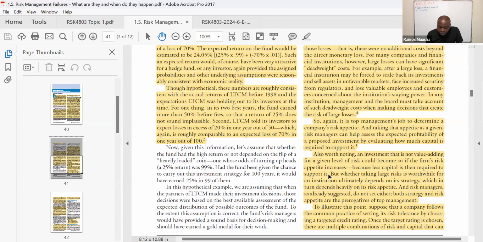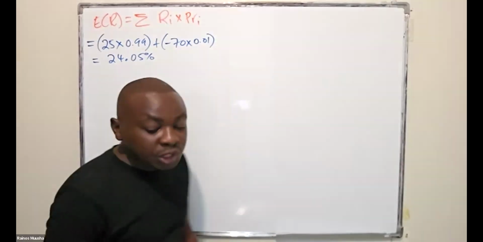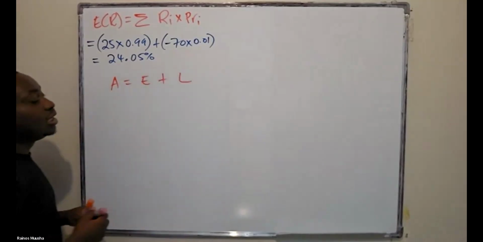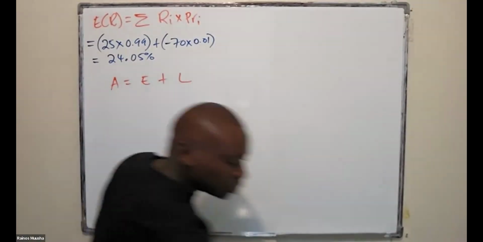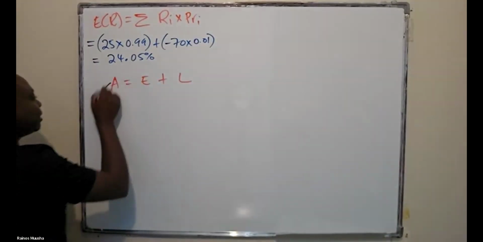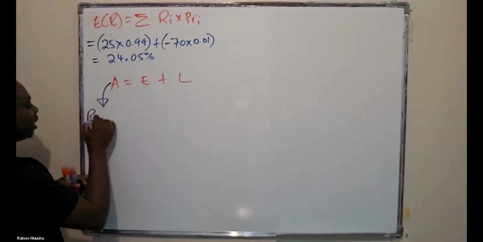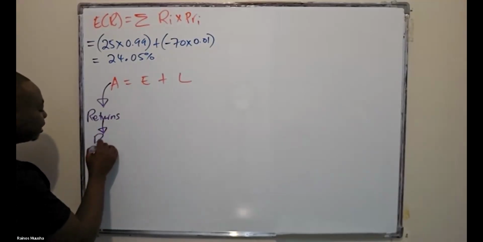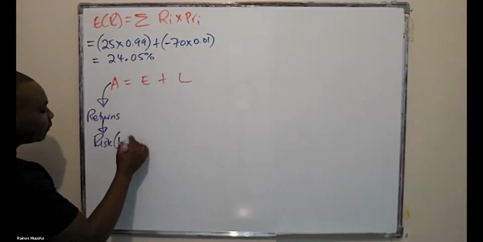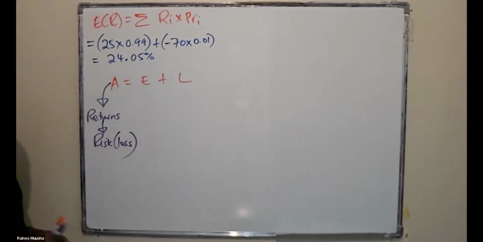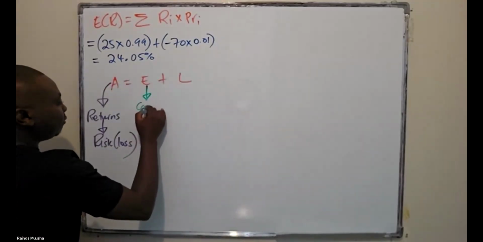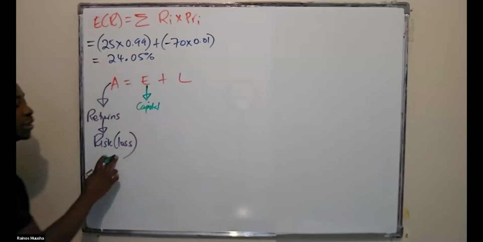But now, when you look at the relationship between risk and capital, remember we said, when you look at the accounting equation, your assets are equal to equity plus liabilities, right? And when you look at your assets, the aim with your assets is to generate returns, right? And here, the risk that we're talking about is the risk of a loss. So which means we are saying that in case of a loss, do we have enough capital available to absorb these losses?